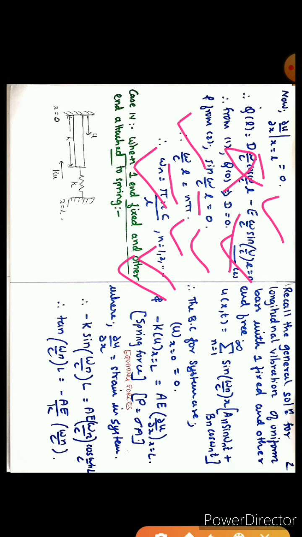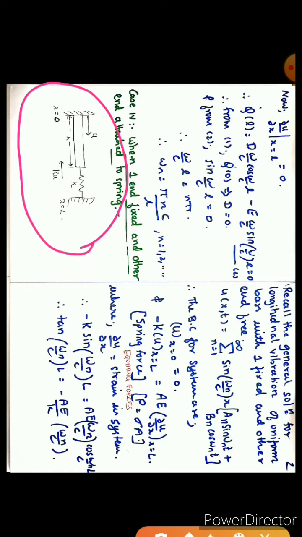Now this is a bit of a numerical, but you can consider it even as a theory. What you can see here is one beam which is connected to a spring, right? So this is the case of one end fixed and another end free. Why free? Because it has been attached to the spring. Recalling the equation we derived for the fixed-free condition, the equation was sine omega by c into x, A sine omega t plus B cos omega t, right?